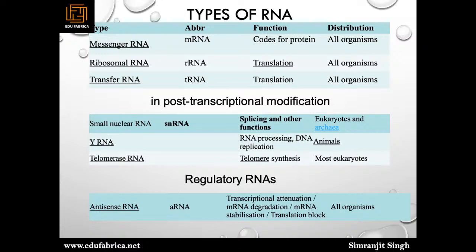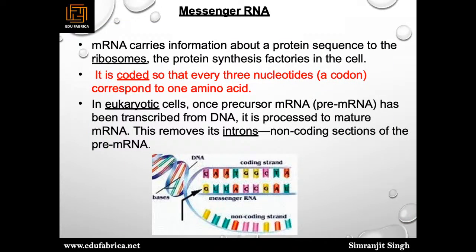Splicing is to remove your introns and keep mainly the exons part of your genetic material. And there is also antisense RNA, with transcriptional attenuation, mRNA degradation, stabilization, and translation blocks. Then messenger RNA. So the first part of your types of RNA here is